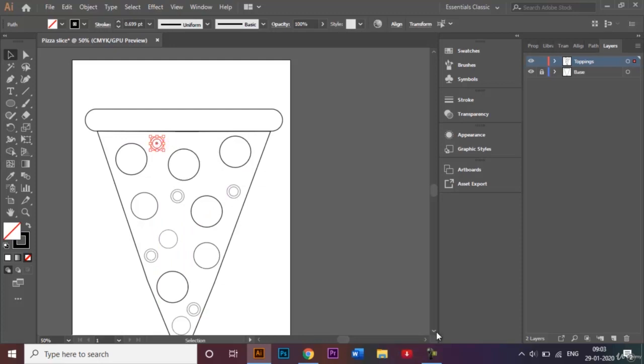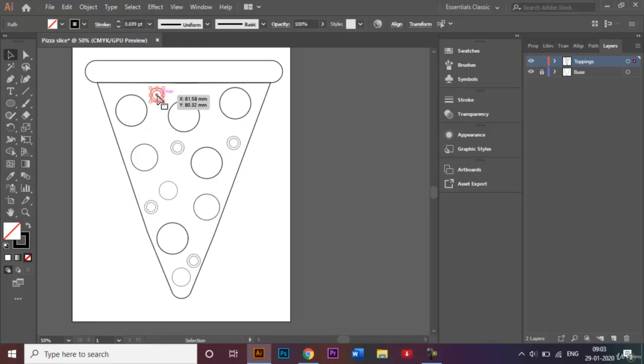And probably add just another one right here on this corner, like that. So now you can see this pizza slice has started to take some shape,